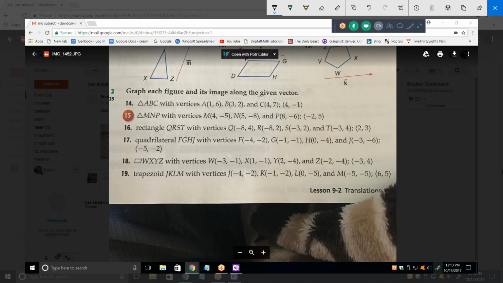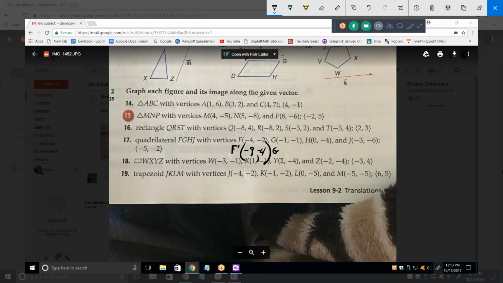So the only difference between 17 and 16 is 17 is a quadrilateral, a four-sided figure. It's not a rectangle. It doesn't matter. Quadrilateral still has 4 vertices. So F prime is going to be what? -9, -4,